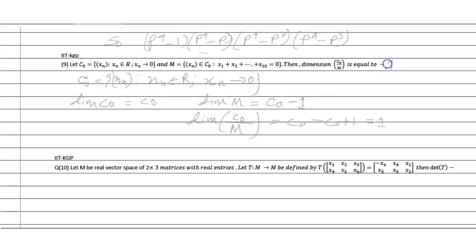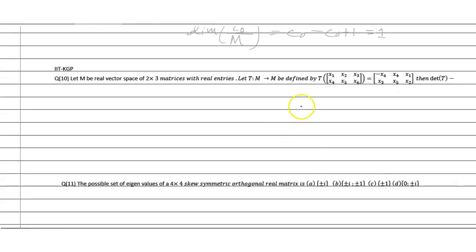So my answer is 1. Next problem is the matrix problem. So I have to find out the basis, then I can find out the problem easily. So my basis is E1, E2 up to E6 for the 2 by 3 matrices. So E1 is 1 0 0 0 0 0, and E2